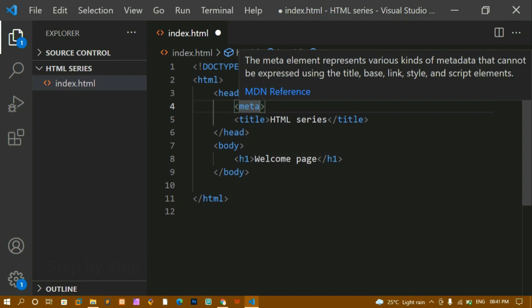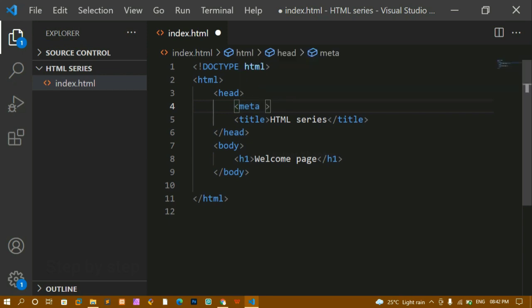But it is machine parsable and it will be very useful for the browsers. In whichever browser you are searching for the website, this is very useful for that browser. Using these meta tags, whatever information we have stored inside them, the browsers are going to process, and based on that the website will be displayed to us. Now we are going to see some of the attributes in the meta tag.